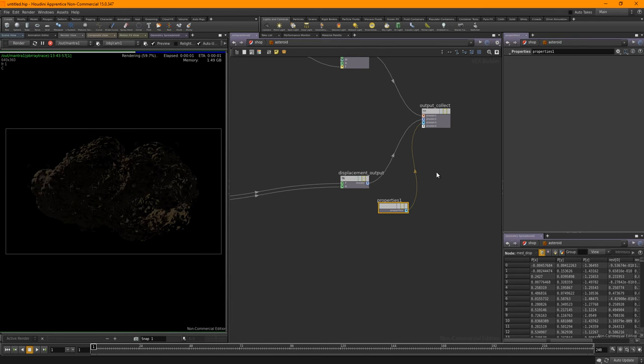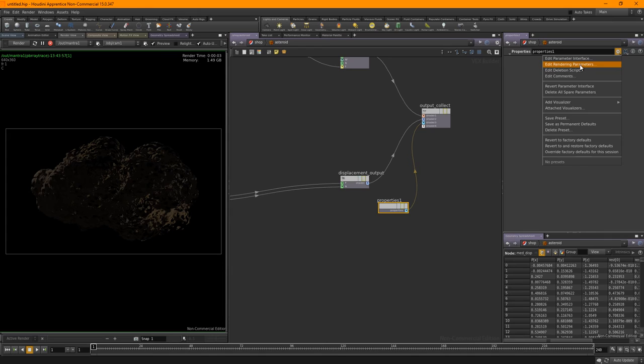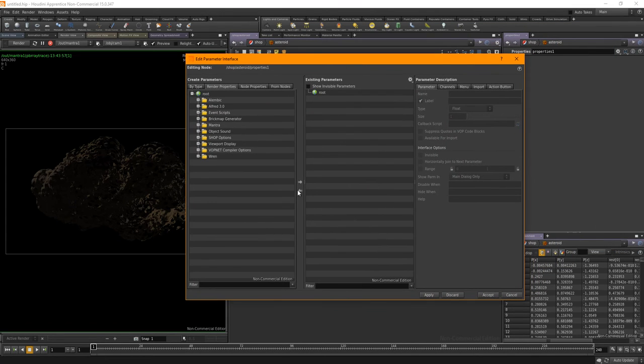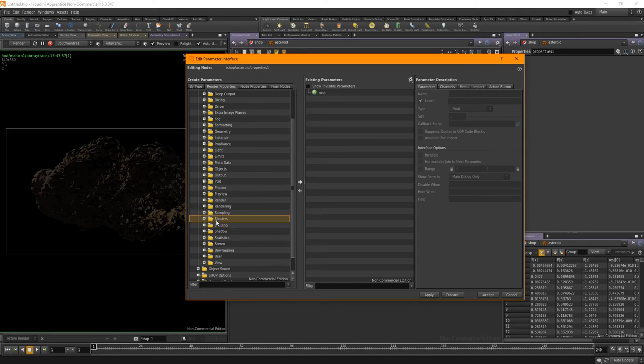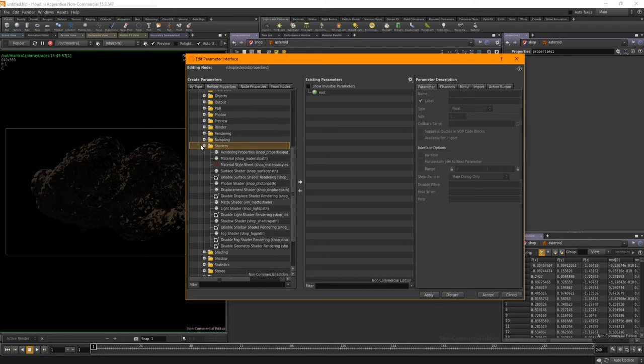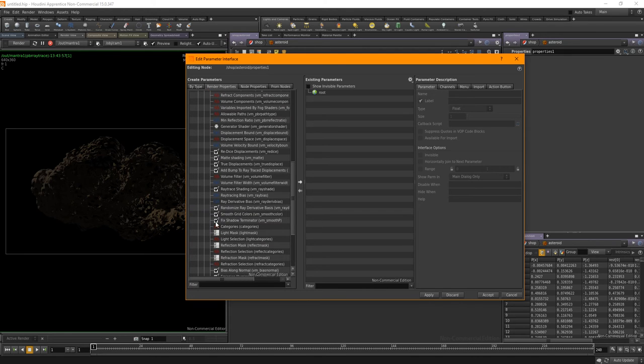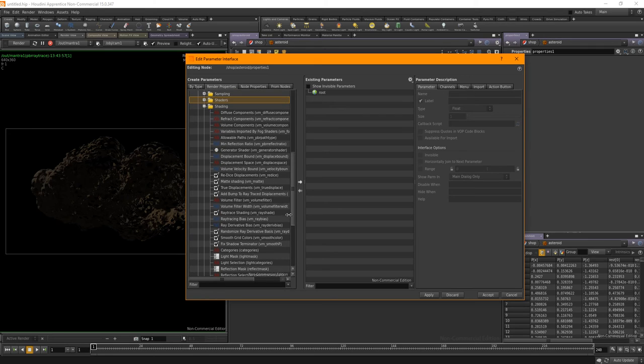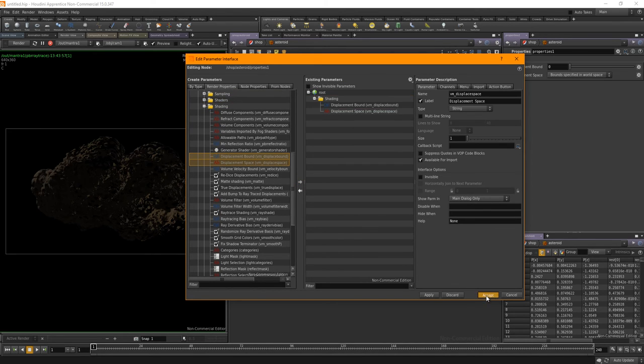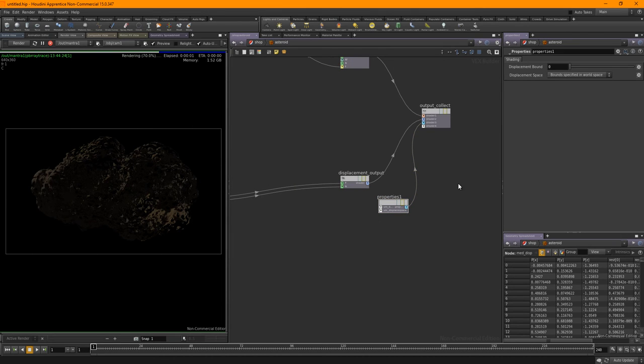You're not going to get any change because there's nothing in here. Hit the little cogwheel, rendering parameters, because it's to do with rendering. Now we know we're working with Mantra, so open the Mantra folder. We know we are building a shader, so it's to do with shading, not the shaders itself, shading, so it's shaders. Sorry, talking out my backside. There we are, shaders. And we're looking for displacement bound and space, so change the space, that is actually in as well. And nothing's happened. That's because we haven't done anything with the displacement bound.